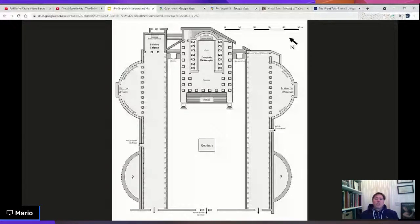Also, they were a celebration of ancient Rome and its origins, with the statue of Romulus in one of them, and in the other one, the statue of Aeneas, the hero that was basically the ancestor of the family of Caesar, hence of Augustus, who was a nephew of Caesar, adopted as a son by Caesar. And then there was the temple of Mars the Avenger, right in the center. And on the left side, next to the temple, there was a colossal statue of Emperor Augustus, of which only fragments have been found, but it was really a big marble statue that represented Augustus as a giant figure. That was only placed there by Tiberius after the death of